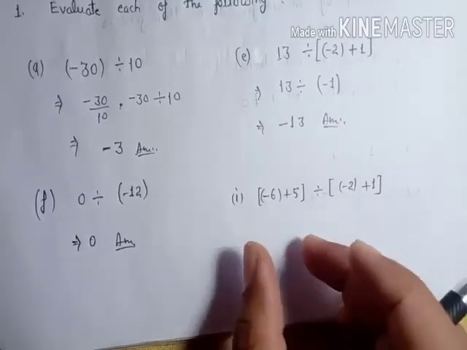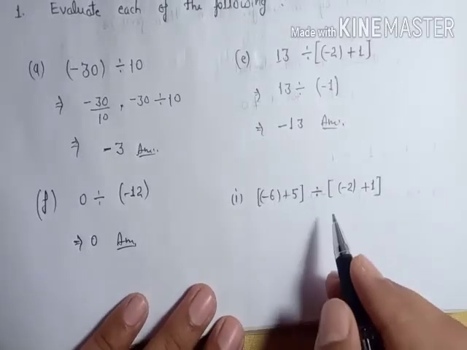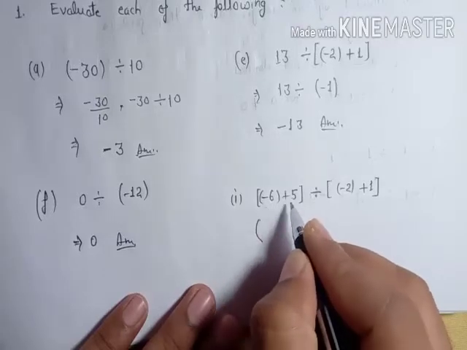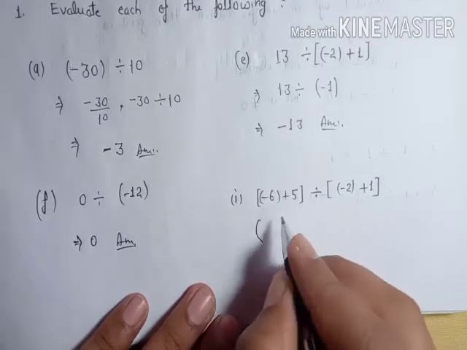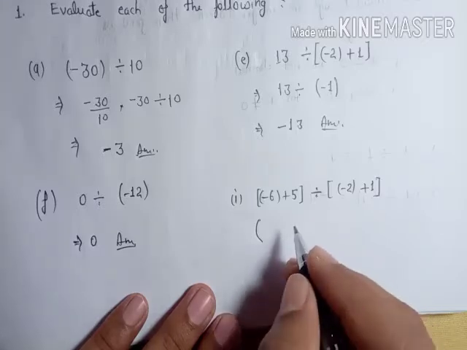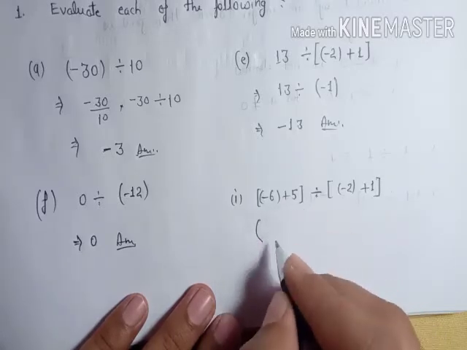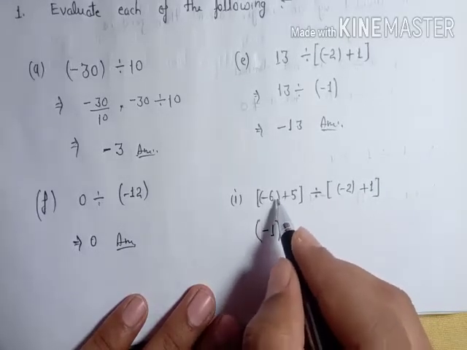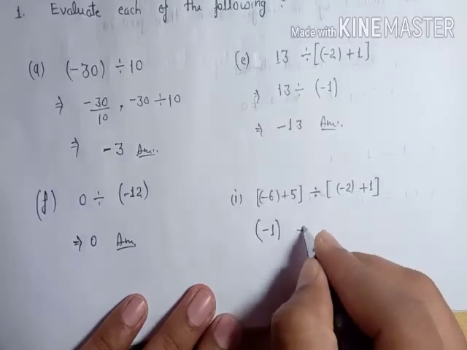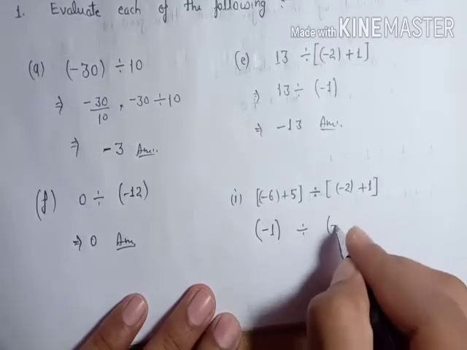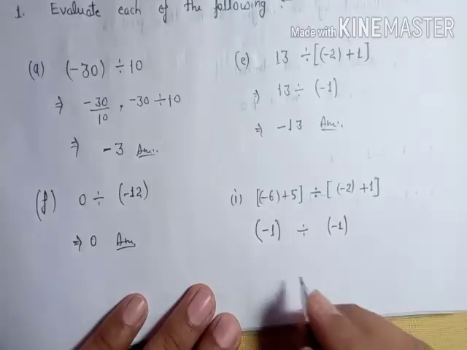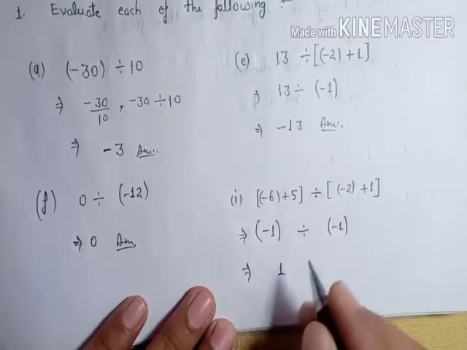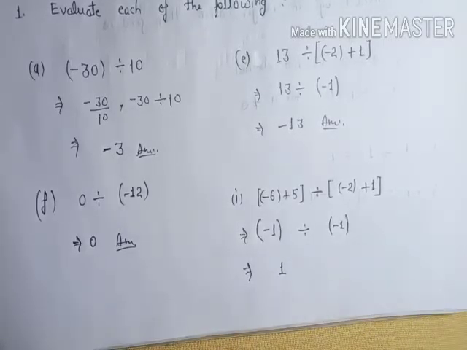In this case you can see there are two different brackets and a sign of division. In that case, first solve the brackets separately. This is minus 6 and plus 5, and the sum of minus 6 and plus 5 becomes, how do we do this? Subtract 5 from 6, that is 1, and keep the negative sign here because 6 is greater. Minus 1 is divided by, here it is again minus 1, and minus 1 upon minus 1, the division of two negative integers is positive. So right here 1 is divided by 1, and that will be positive.